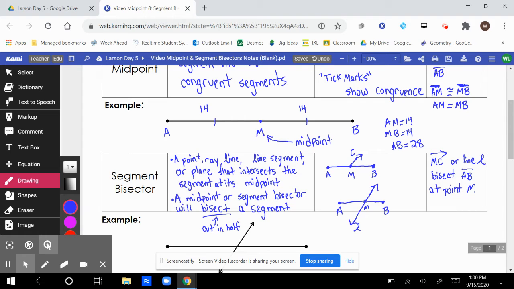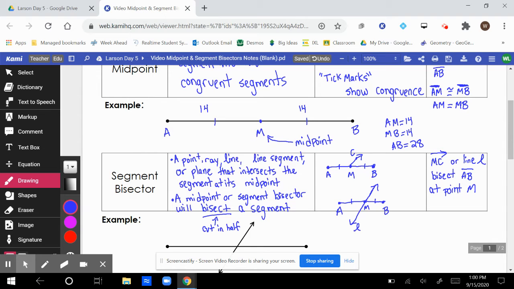Okay, so a couple diagrams for you to copy down here, guys. First one, you have segment AB, which has midpoint M, okay, and you see that M is the endpoint of a ray MC. Okay, and then you also see on the bottom diagram